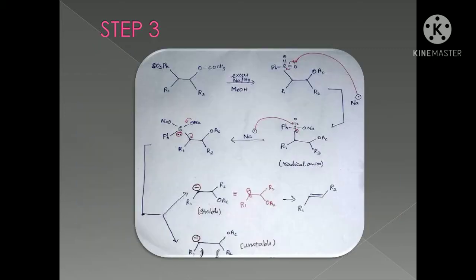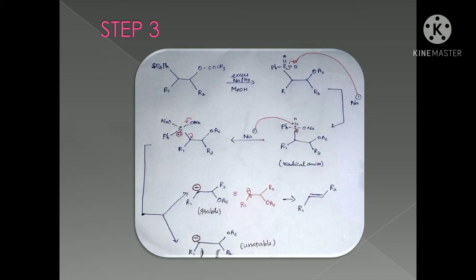Final step is the reductive elimination step. Here, sodium amalgam in methanol is used. One sodium will donate one electron to phenyl sulfone. So, one of the oxygens will become O negative and there is a radical on the sulfur atom. The step is repeated once again. So, another oxygen atom also will become O negative and makes sulfur a diradical anion. If the negative charge of O makes a double bond, then the carbon-sulfur bond will break. It leads to the formation of carbanion.